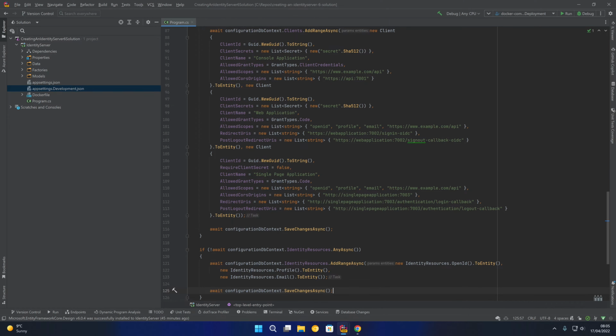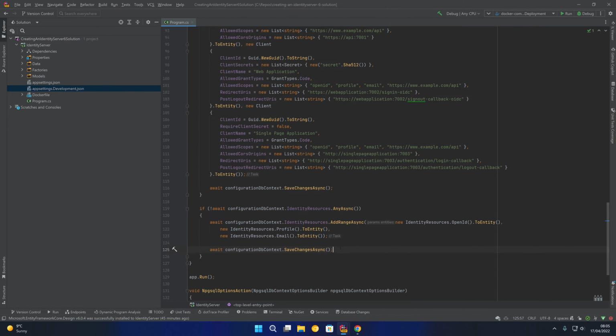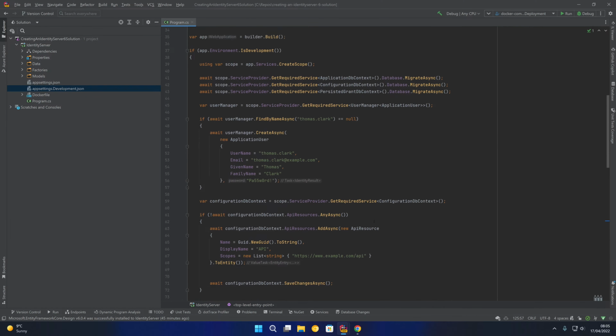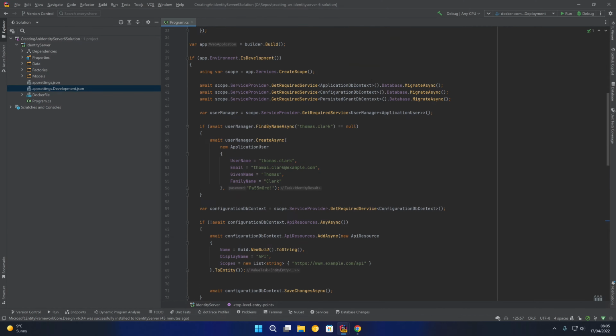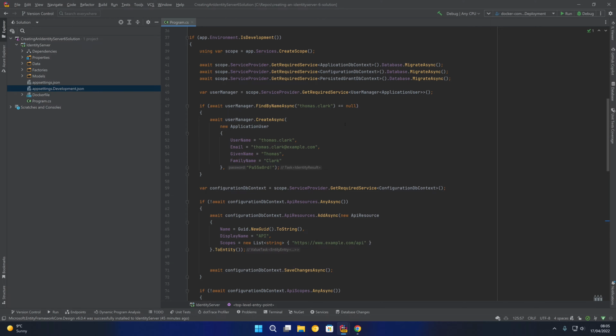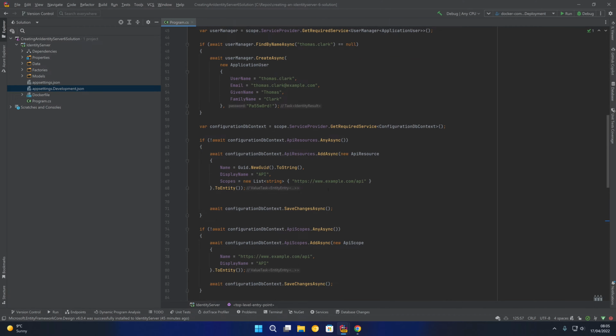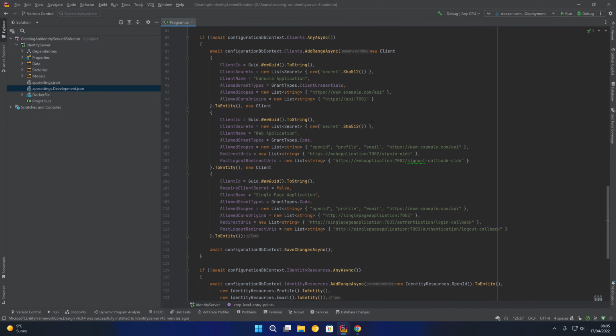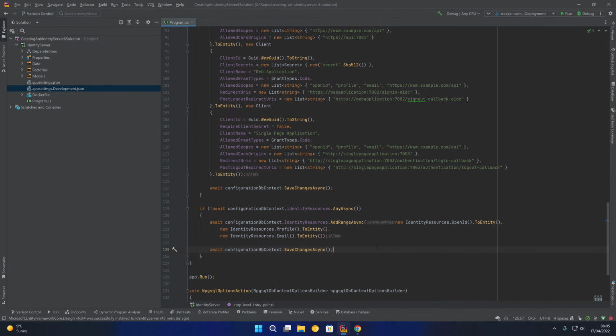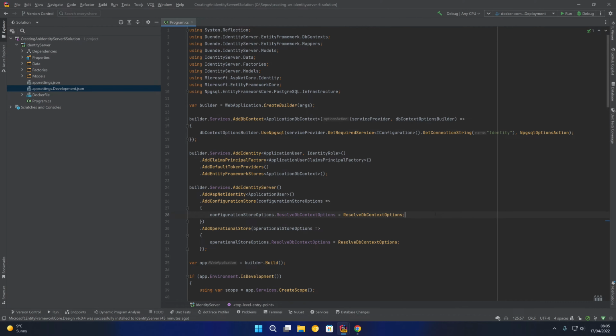So now that our logic is in place to seed the database, as you can see at the top, just to recap, it will migrate those three database contexts. It will then create a user if one doesn't exist, and it will then add an API resource, an API scope, three clients and three identity resources. So what we are now going to do is we are going to add the identity server user interface. Now for that we can use the identity server quick start UI that is provided in the Duende identity server